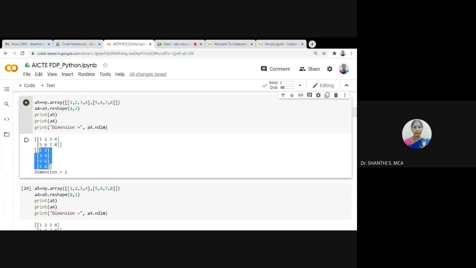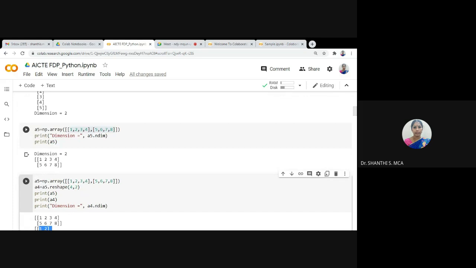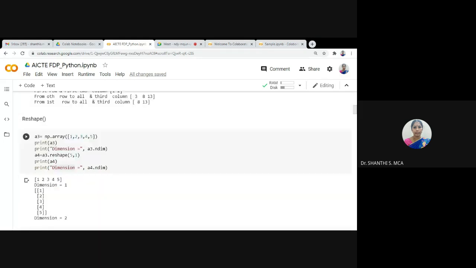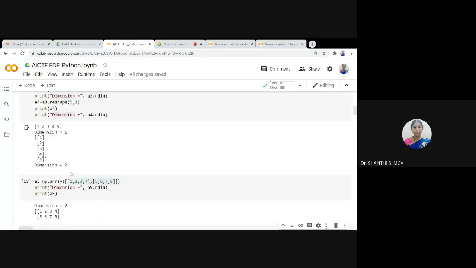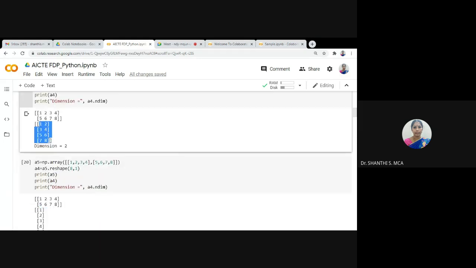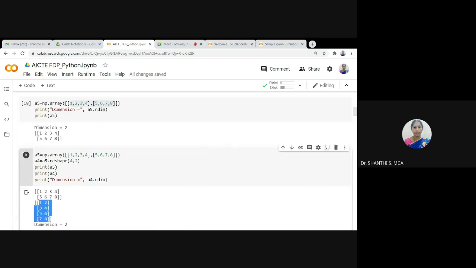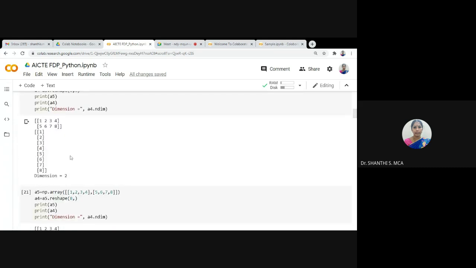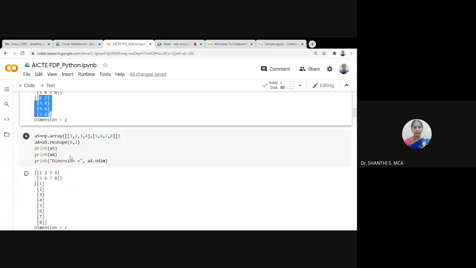Each row consists of 2 columns. Here the dimension is not changed. In the previous example, we changed the dimension. A 1D array was converted into a 2D array in that case. By using reshape, we can convert a 2D array to 2D, but having a different number of rows and columns by changing the number of elements.